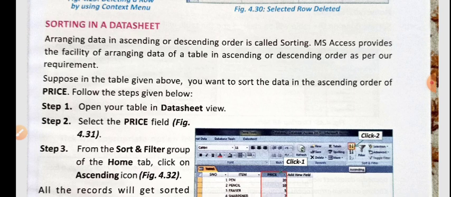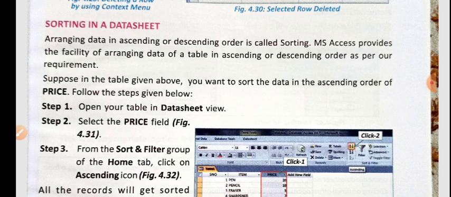If you have sorted the data in the descending order, the student who has the highest number will be on the top of the table, and if you have sorted the data in the ascending order, then the student having the highest number will be at the last of the column. So after sorting the data, it is easy to find the highest and the lowest number, and similarly the second last, third last, and so on.